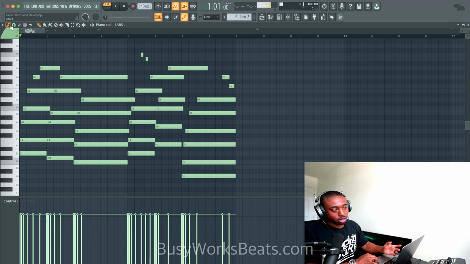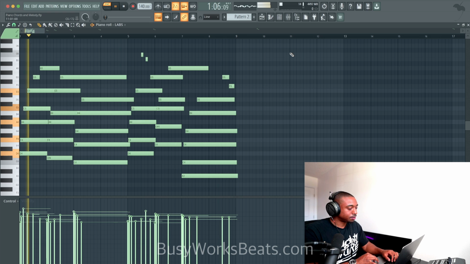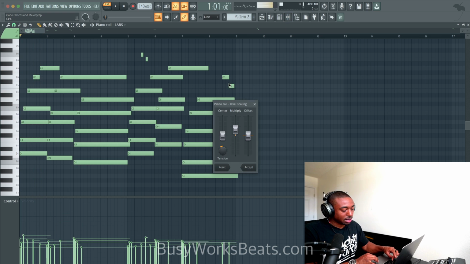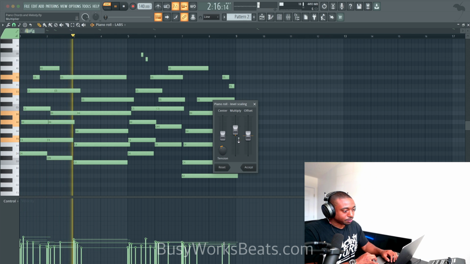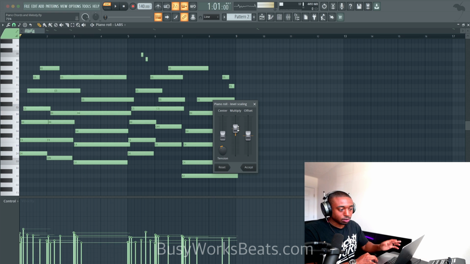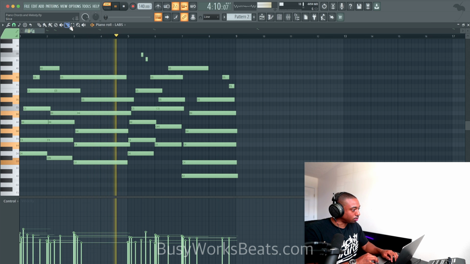And next we need to add a humanization. Let's go to tools, humanize. You can grab this script from the Image-Line forums. And also velocity matters, so you could hit Alt X to lower your velocity. Now, depending on the instrument, it will have a different articulation. This doesn't work for every plugin. Now we just have to make sure there's no overlapping notes.